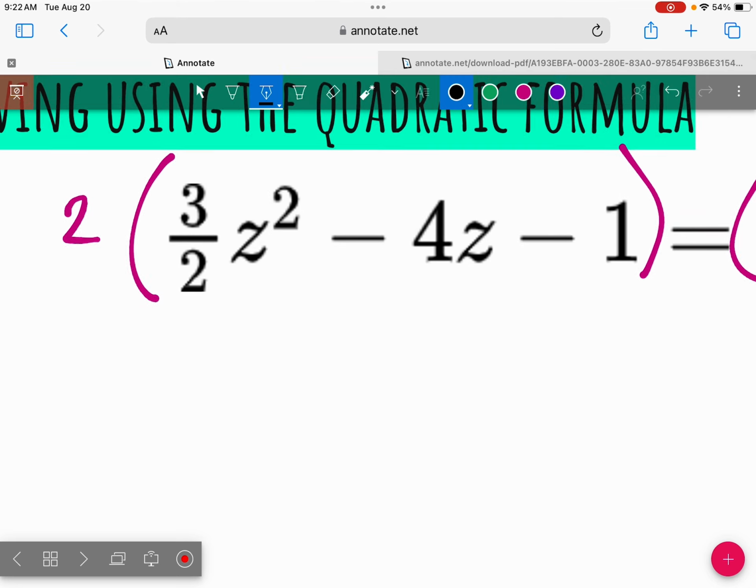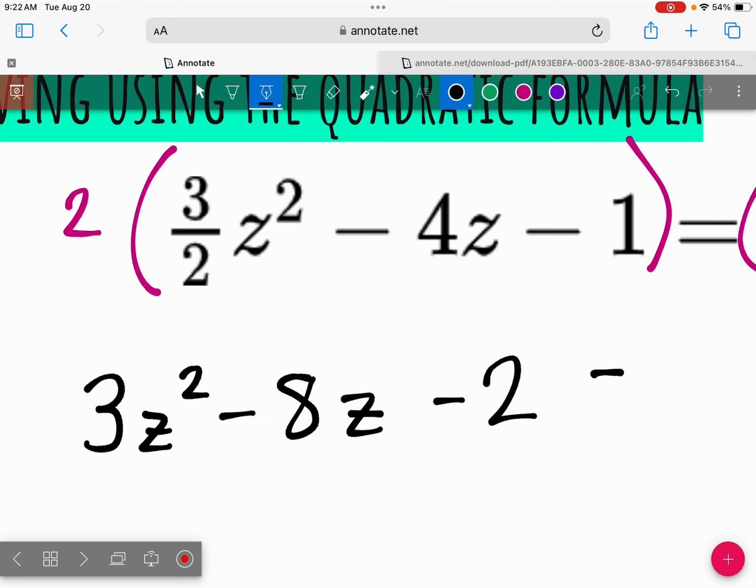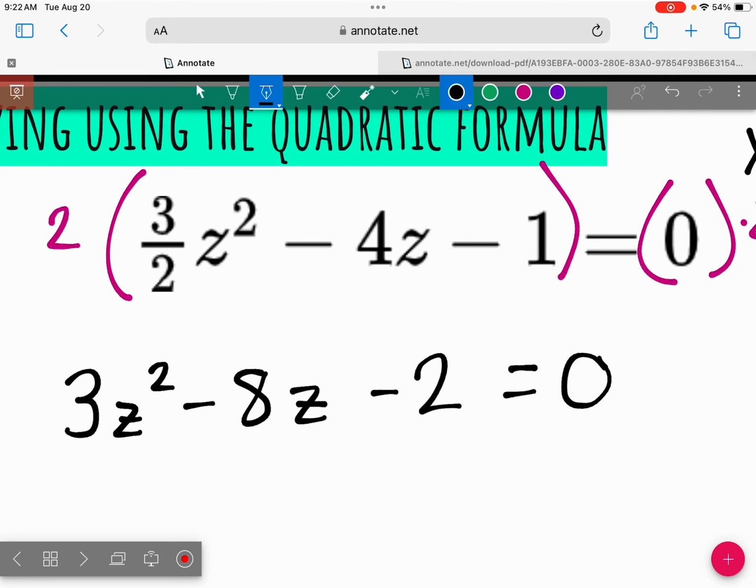So 2 times 3/2 z squared gives me 3z squared. 2 times 4z gives me minus 8z. 2 times minus 1 gives me minus 2 equals 2 times 0, 0. We could try factoring again. We need to multiply to be -6 and add to be -8. That's not a thing we have. That's not things we know. So unfortunately, we do have to use